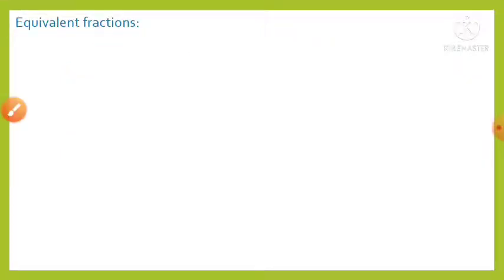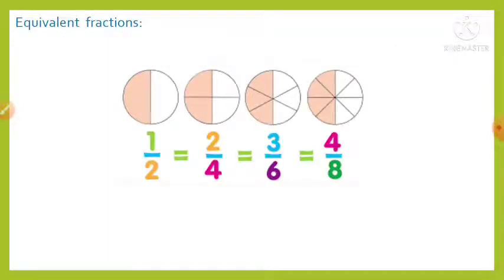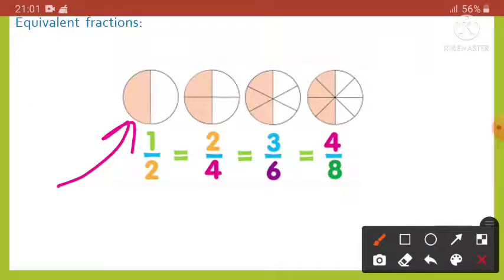So another fraction is the equivalent fraction. Equivalent fraction means the value of the fraction remains the same, only the expression changes. If I take one simple example, you will have this idea. Now look at this. In the first figure, we are dividing a circle into two parts. One is the colored part and one is the white part. If we take one part, the fraction will be 1 by 2.